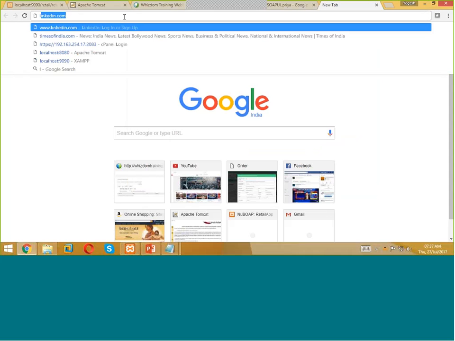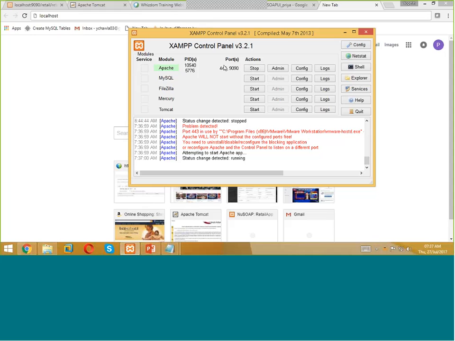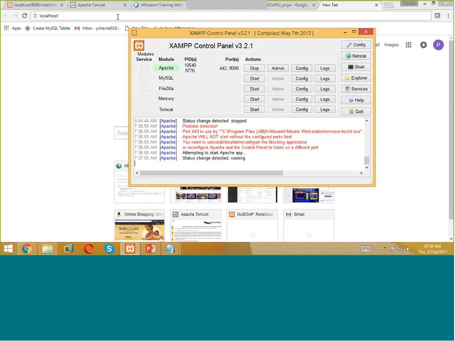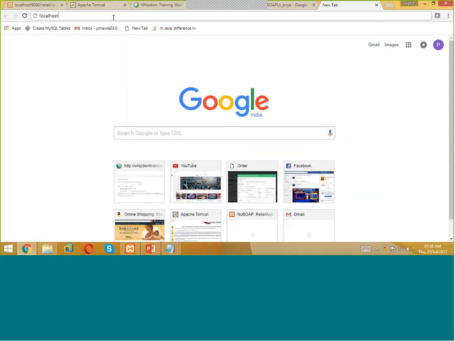For that, how will you check whether your XAMPP is running or not? There are some ports which are blocked by XAMPP itself. It's 8080 and 443. Many more ports are generally blocked. So when you install, maybe you will get some issues, maybe you won't. And if you write localhost within the browser and press enter,